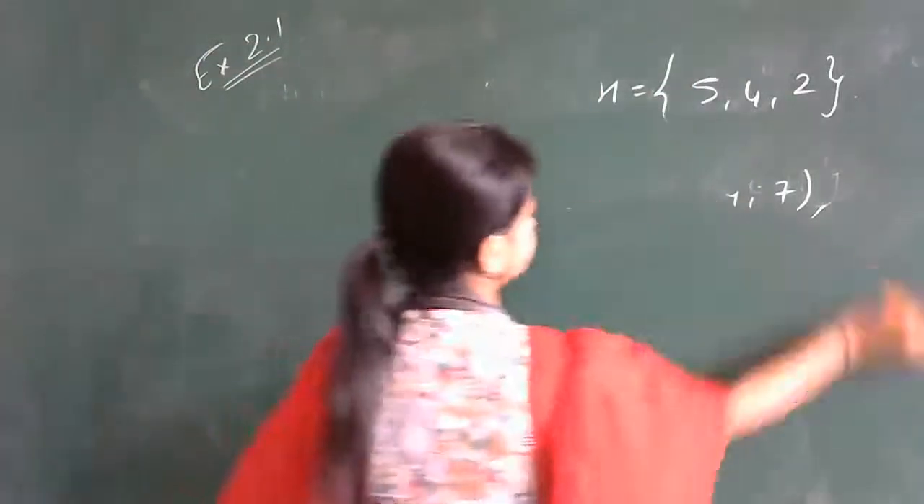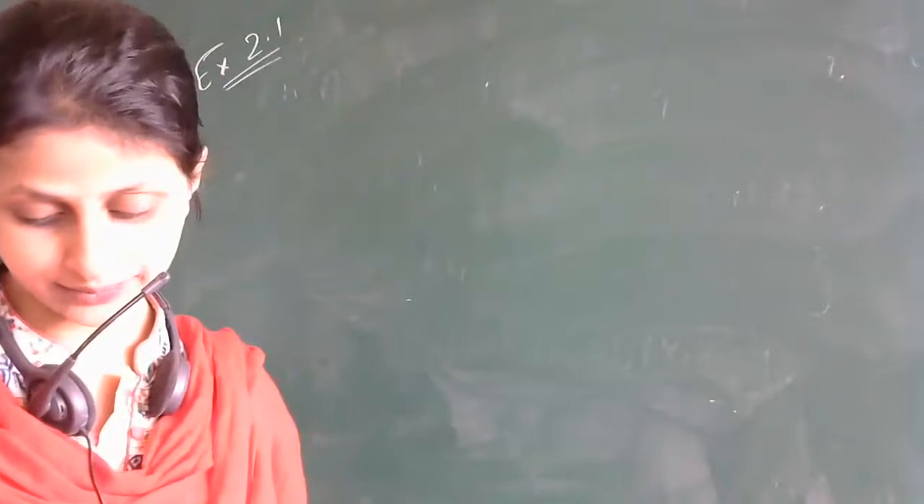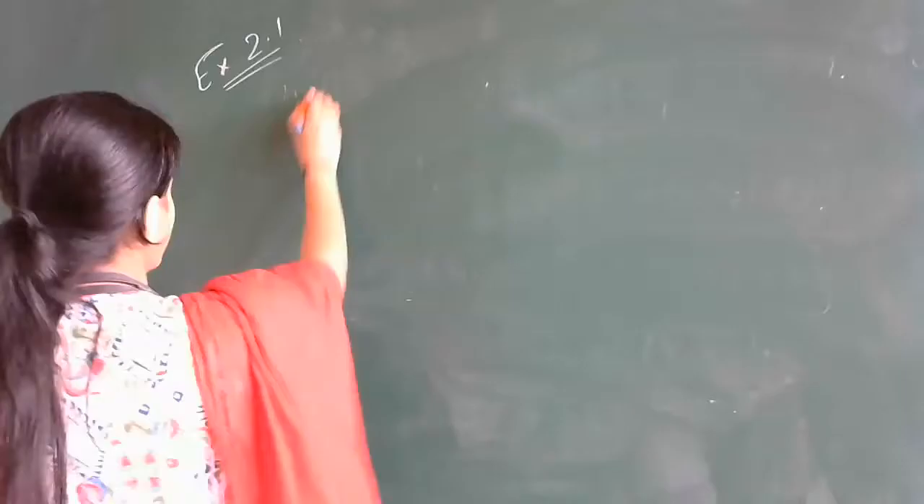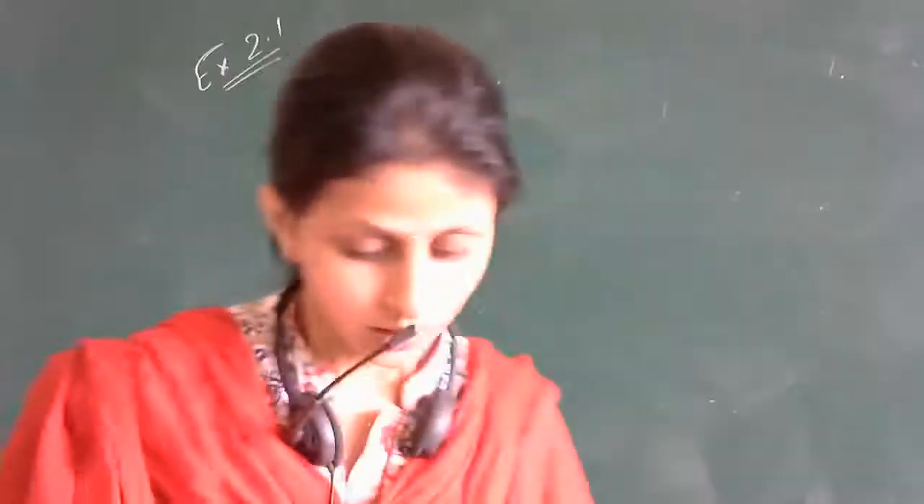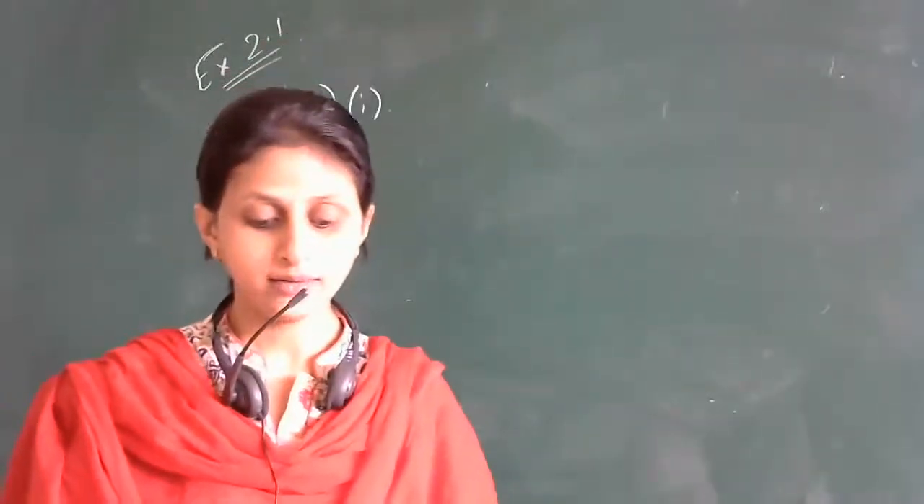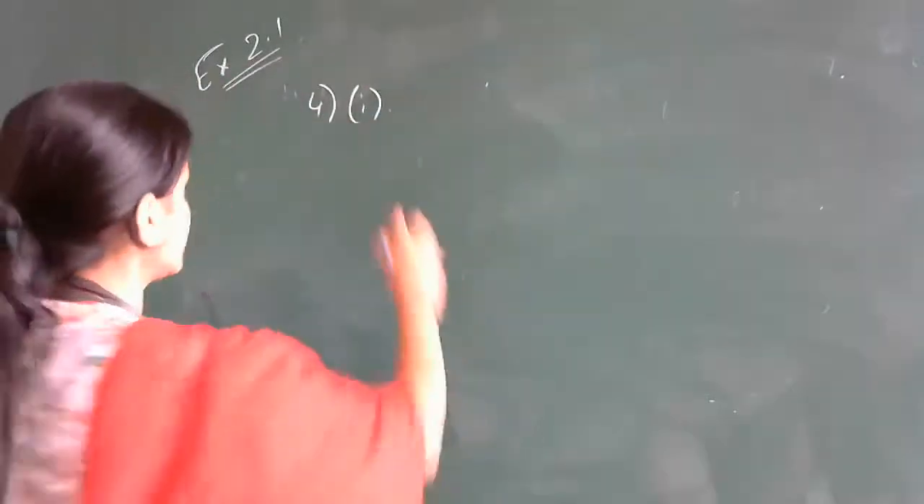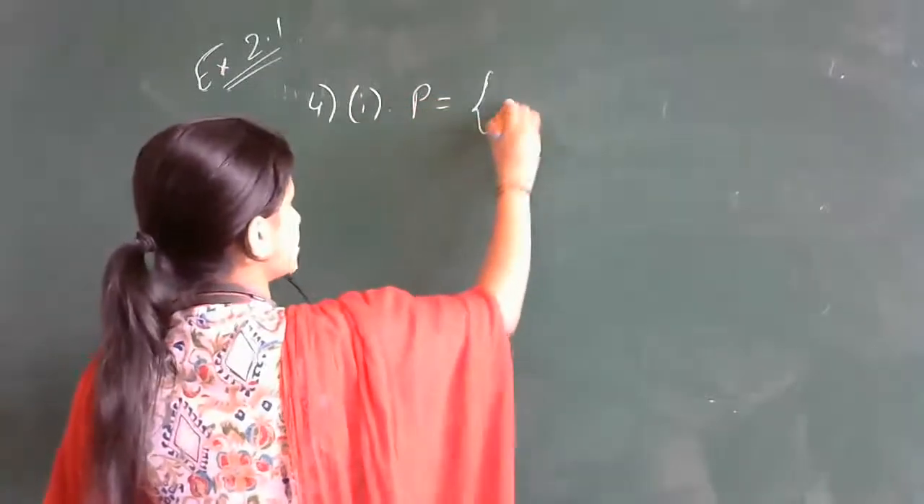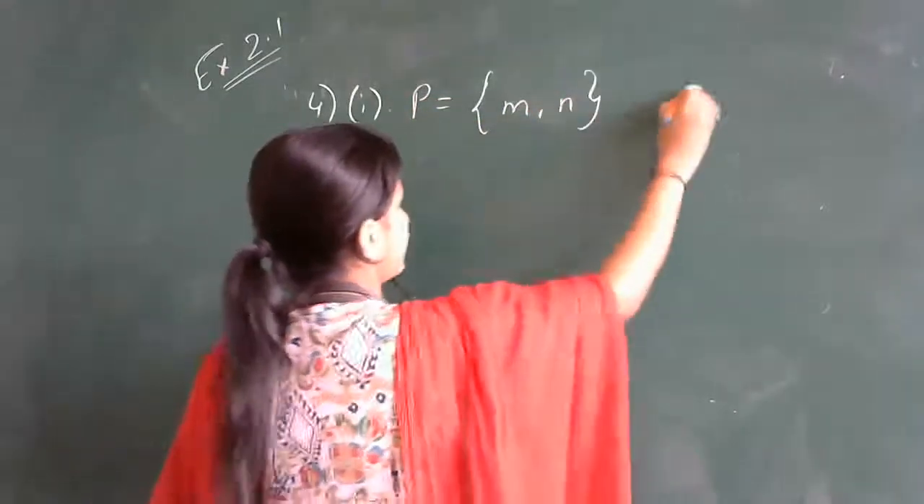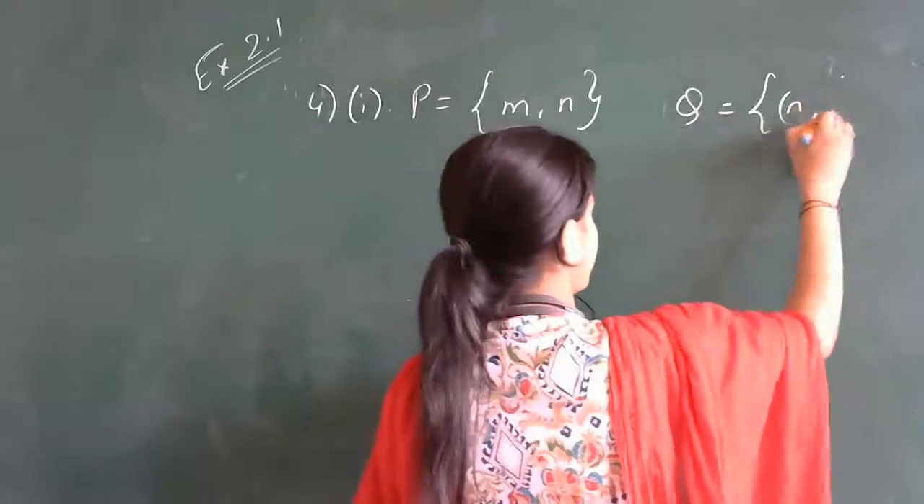Third or fourth one. What is the fourth question? State whether each of the following statements are true or false. If the statement is false, rewrite the given statement correctly. So the first one in fourth main, we have to state whether they are true or false. If P is equals to M, N and Q is equals to N, M, then P cross Q is equals to. So if P has 2 elements M, N and if Q has 2 elements N, M,